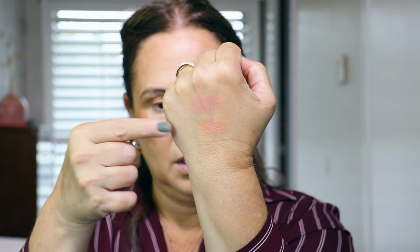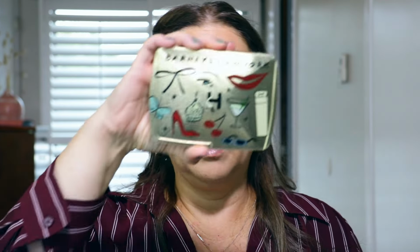So let me just put it down for you and let me just show you. Okay, so these are 2 colors in the Dragon palette. If you could see, I don't know if you could see that, and I don't know if the camera is going to do it justice. Like the coral one has a tiny, but I'm talking a tiny shimmer, and you could see it on my lids, tiny bit. So those are 2 blushes in the Dragon palette, and then in the Barney's palette, let's grab the, wow,